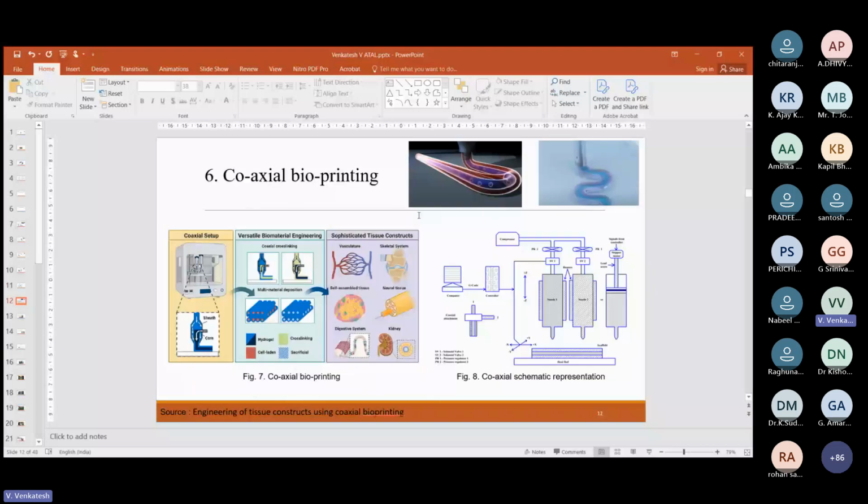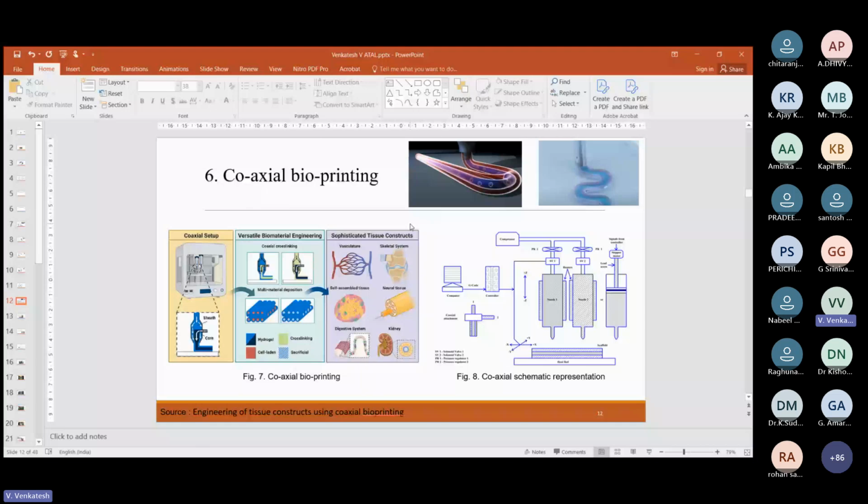So when it comes to a new technology which is termed coaxial bioprinting, the previous technologies were dedicated to using one material at a time, in a single step. But in this technology, in a single extrusion, we can combine two different materials. If you just imagine two circles drawn concentric with each other, then it will be called a coaxial arrangement over here. And if you draw three concentric circles with different diameters, then it will be called a